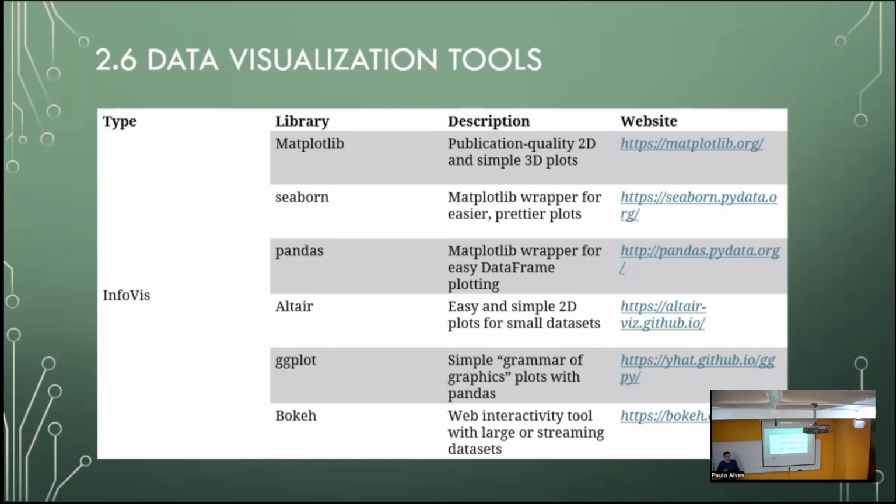It adds some details about graphical design of the graphs. Pandas is a wrapper for the data frame plotting. So Pandas is the most useful library for that. I don't know if in the last session you used Pandas. No. So Pandas is like a wrapper where you connect to the data source. You can connect to a CSV file, or you can connect to the database, or any data streaming connection,